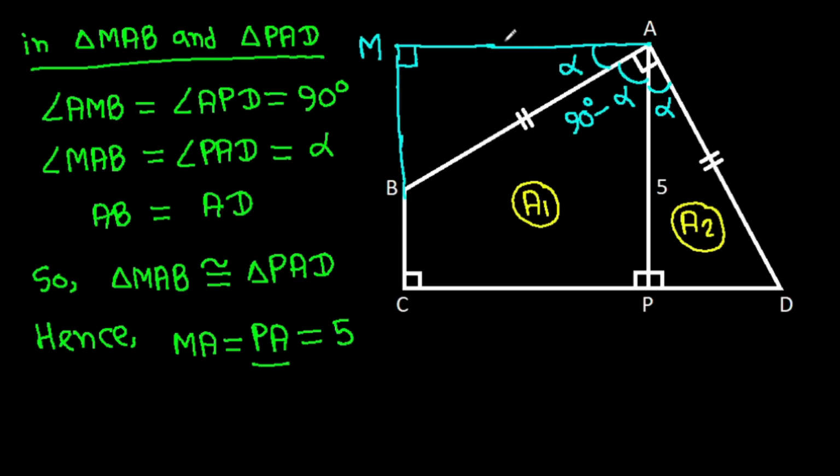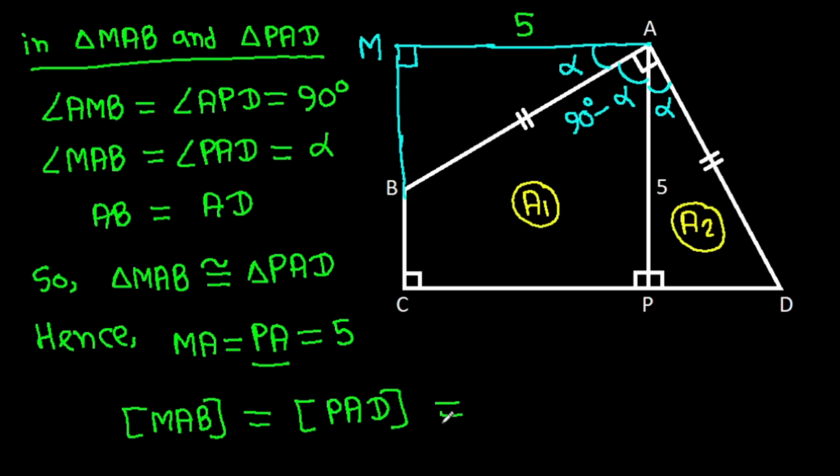So MA, it will be also 5, and area of MAB, it will be equal to area of PAD, and area of PAD is A2. So this area it will be also A2,